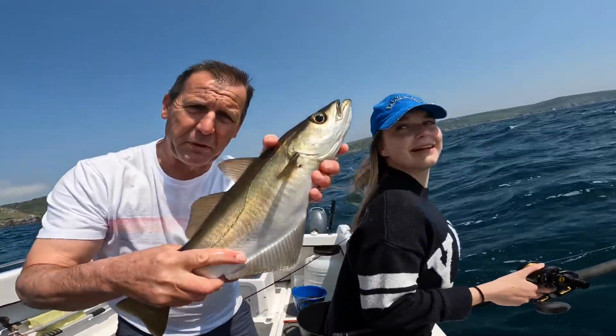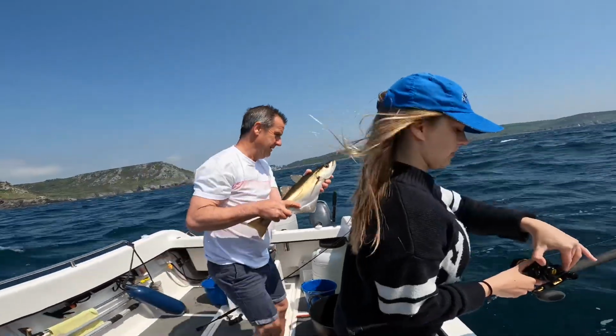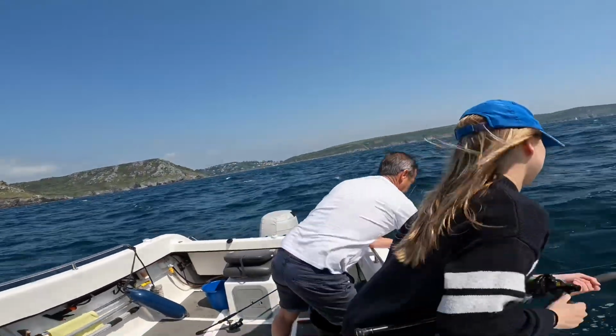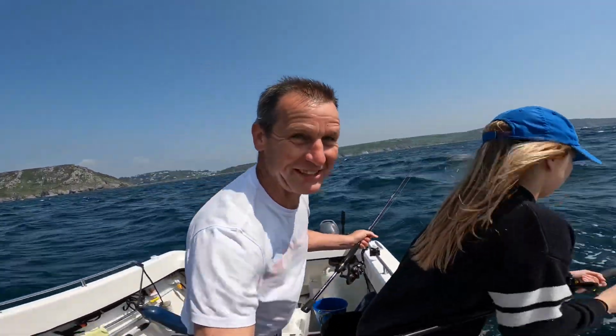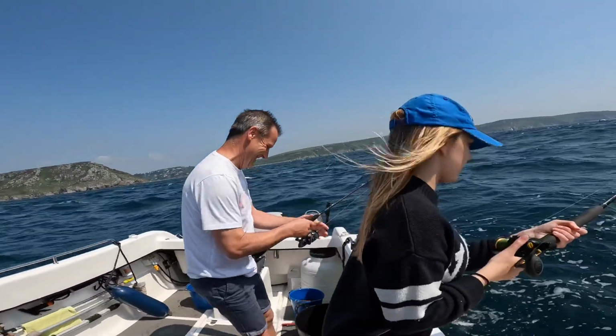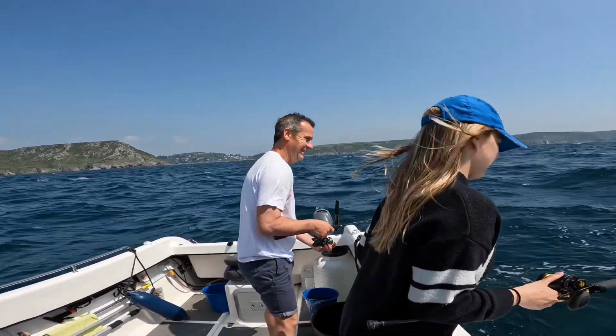You were catching pollock for the table, and that is a fairly decent sized one. At least I can say I caught the biggest so far. So far. Had a nibble then, but...